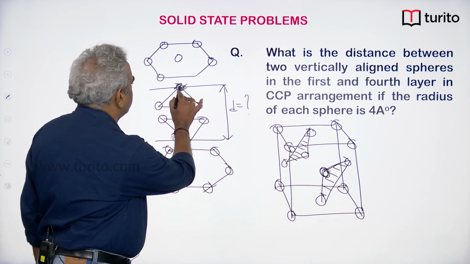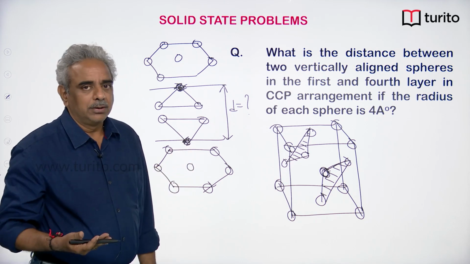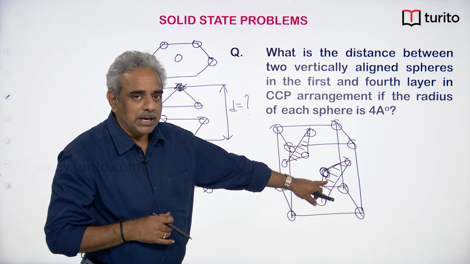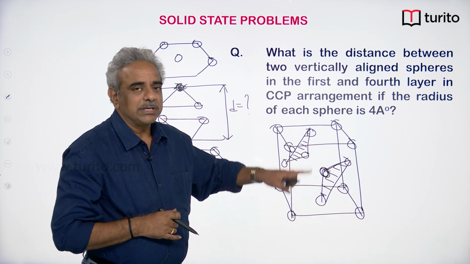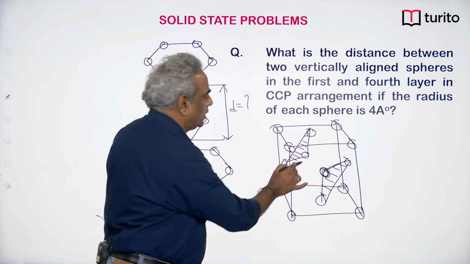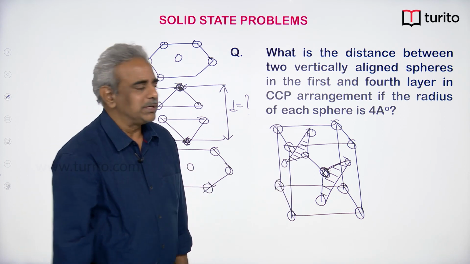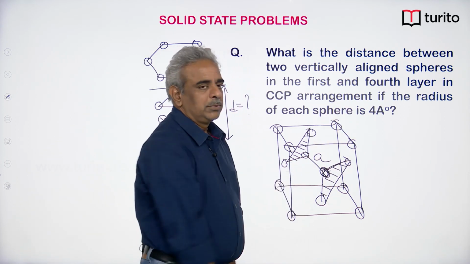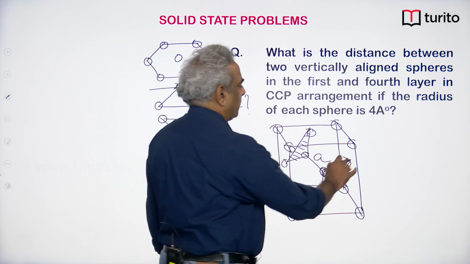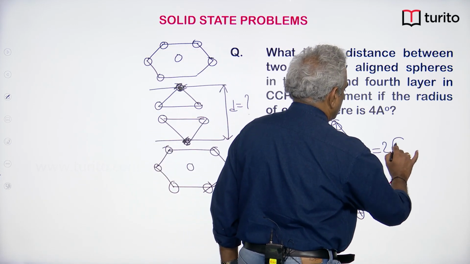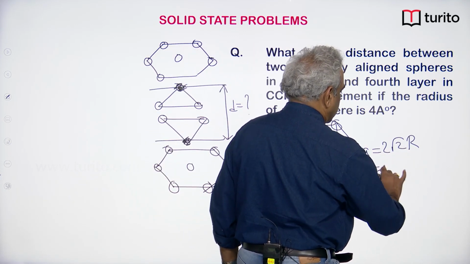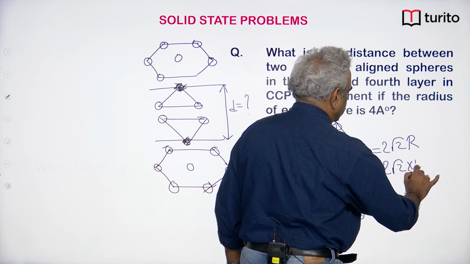So, what is the distance between this and this? The front face center sphere and the back face center sphere. So, he is asking the distance between the 2 faces. Distance between 2 faces is nothing but A. A is nothing but 2 root 2 R, or he has given 2 root 2 into 4 angstroms,